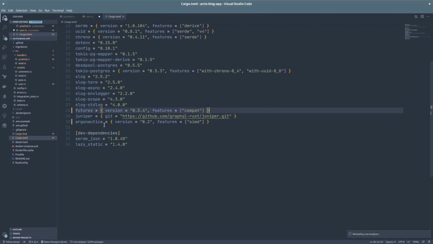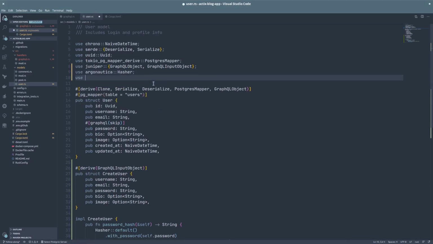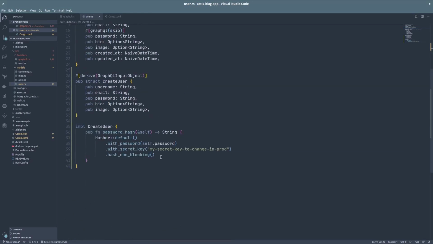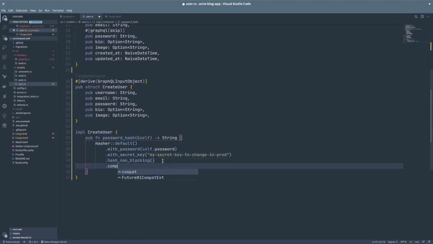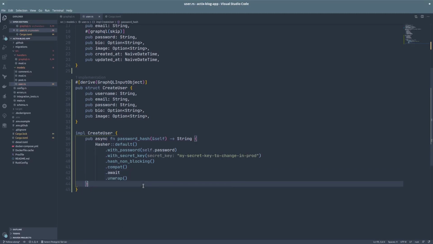Now back to the users model module, we need to include the compatibility trait, so we use futures compat Future01CompatExt, and then we can call .compat after hash_non_blocking. Let's also make this function async and then use .await. Now this will return a result, either the string or an error. So for now, let's just call unwrap and deal with the error later.